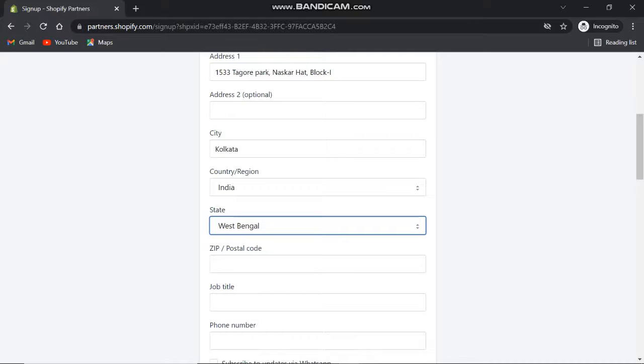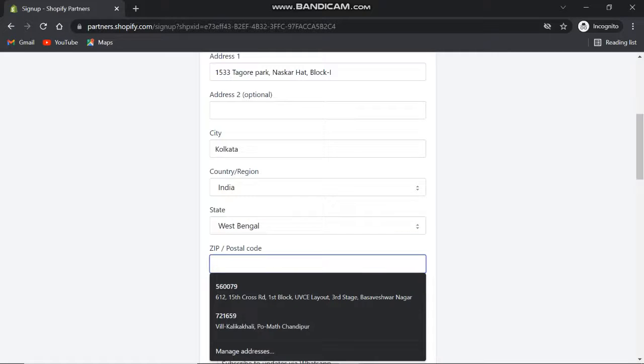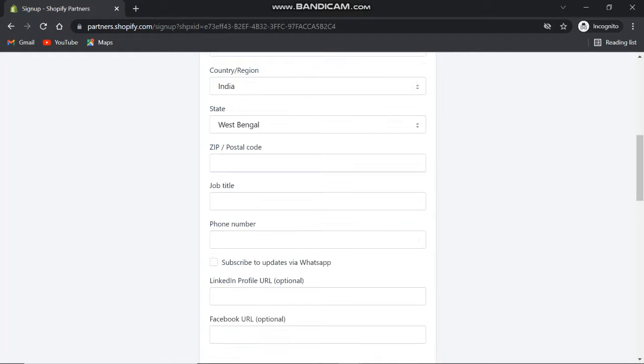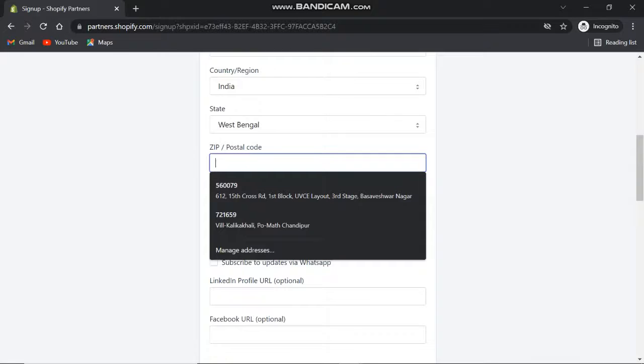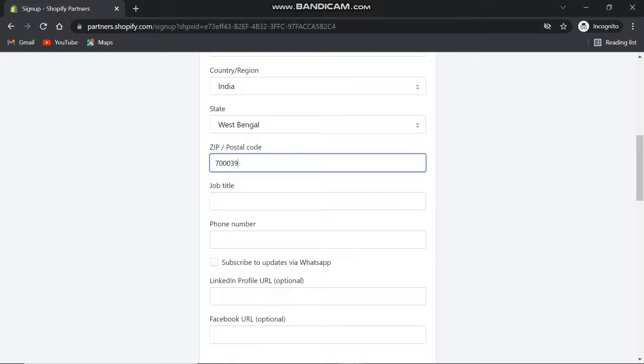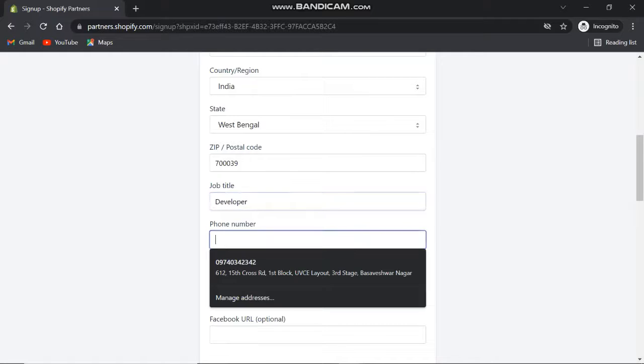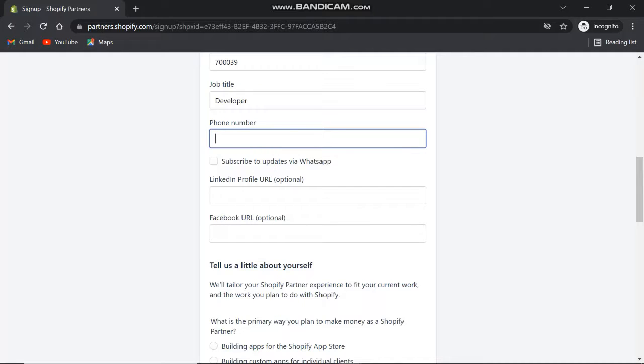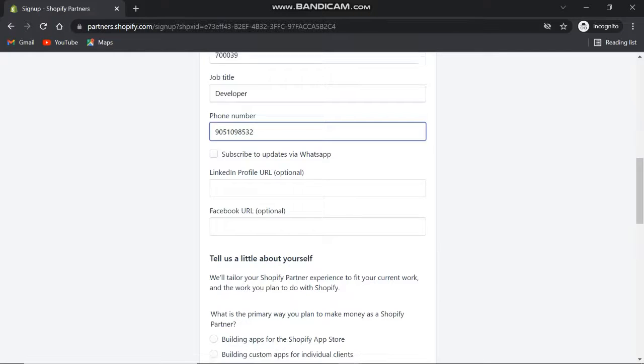So you can select as per your city, state, and country, from wherever you are working. So I'm just providing mine. So suppose you write developer, can add phone number. I think phone number is mandatory, so you just add the phone number. You can add the LinkedIn and Facebook URL if you want, but that is optional.